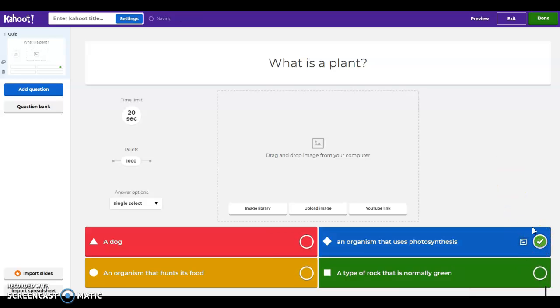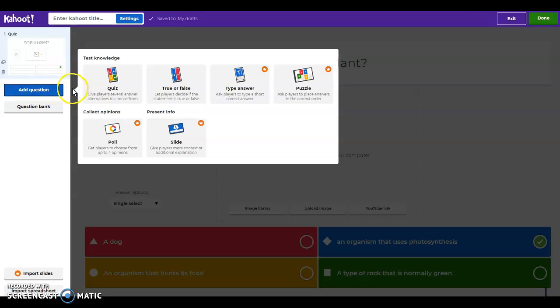I then tell Kahoot which answer is the correct answer, and if I would like to customize this further, I can either upload an image from my computer. I can even upload images instead of text for the answer choices. The images in the image library are premium images, so they are not currently available in the free version of Kahoot. I can continue to add questions